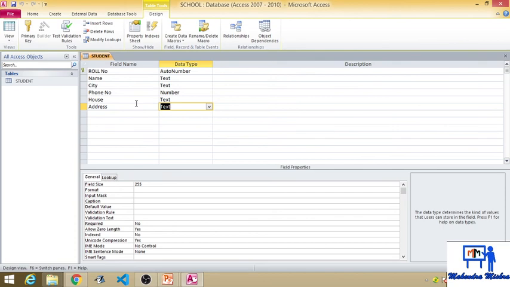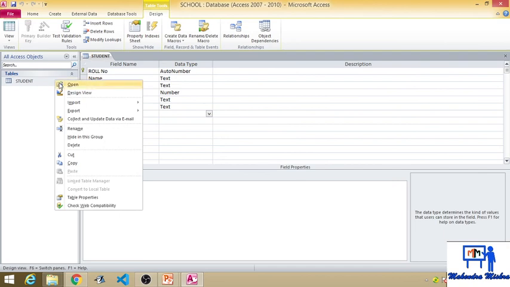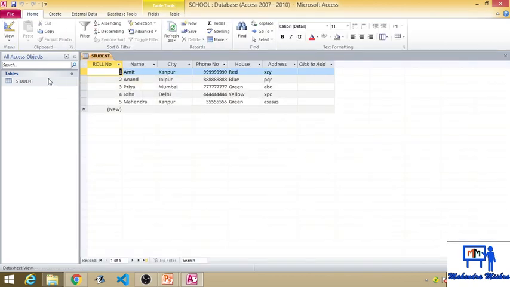Later on you can add any type of field with its corresponding data type. When you want to see the data, just right click on this student table or double click on it, and your table will be in front of you. So this is how you can create a table.